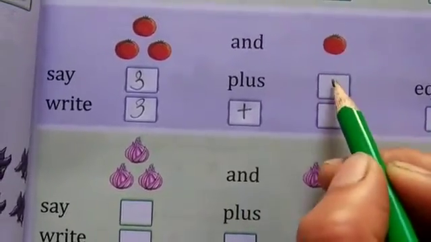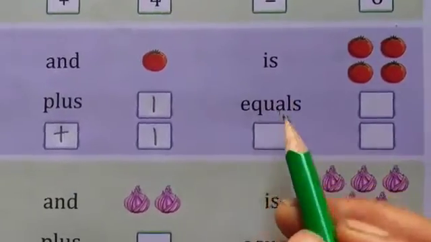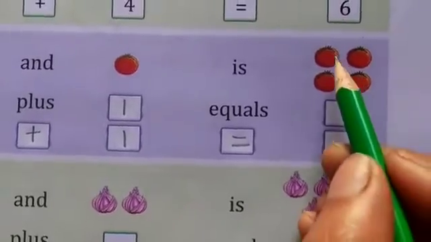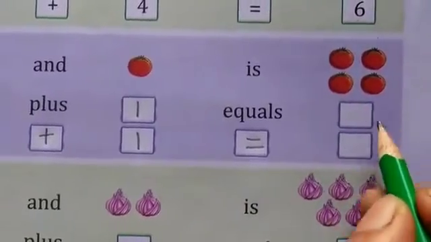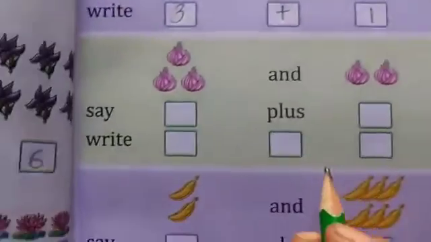Then 1. So we write here 1. Again 1. Then "is". "Is" means equals. The sign of equals to. Then add 1, 2, 3, 4. So we write here 4. Next one is